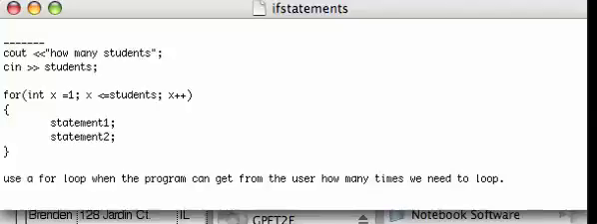This video is about a for loop. I use a for loop when I can ascertain from the program how many times we need to run the loop. If you take a look here in this situation, I ask the user how many students,